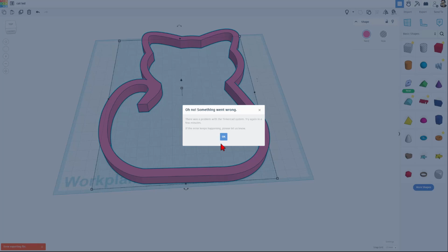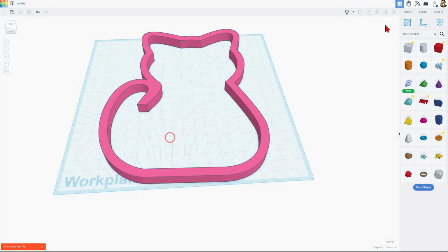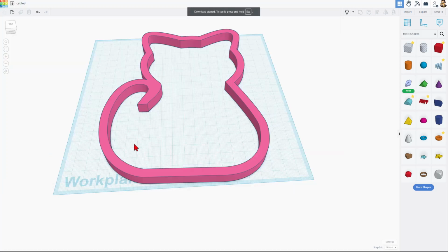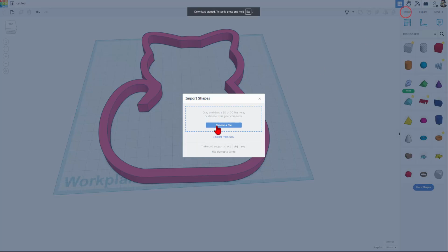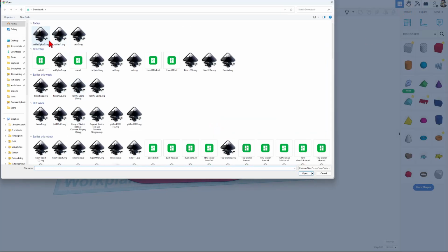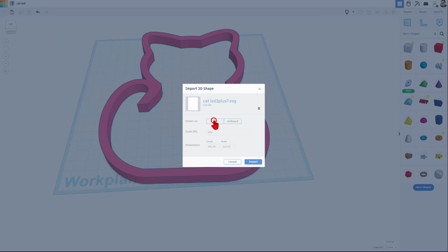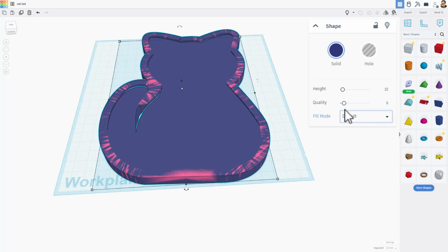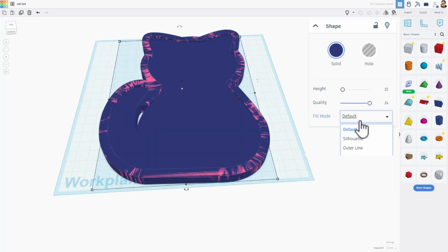It had an error. We're just going to hit OK. We're going to redo it. Export SVG. And I'm going to call this one +7 because we added 7 millimeters to the shape. Now, if we do import, choose file, and bring that back, choose art, keep the measurements, and when this one comes in, let's bump up the quality first, switch to outer line, and we only want this to be 1.2